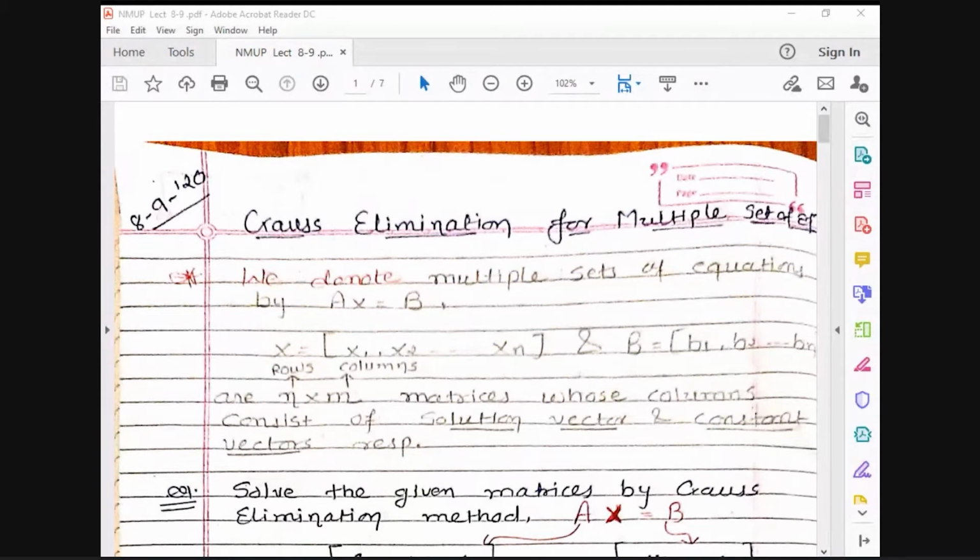The first example has the equations x plus 2y plus 3z is equal to 1, right? Just tell me the answer for that. Are you able to find out the answer? Okay, all three, x and y and z, are equal to 1, right? Fine. And what about the next example?